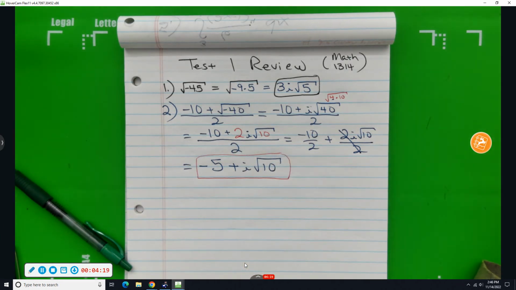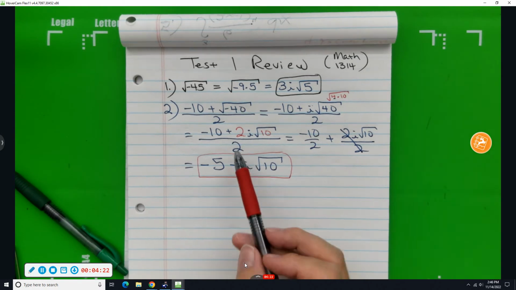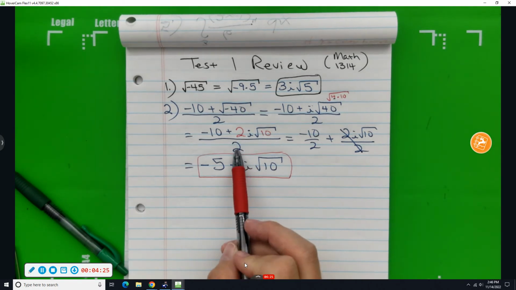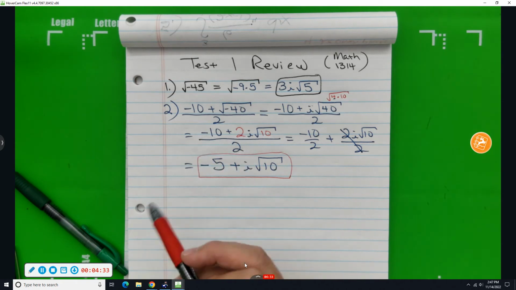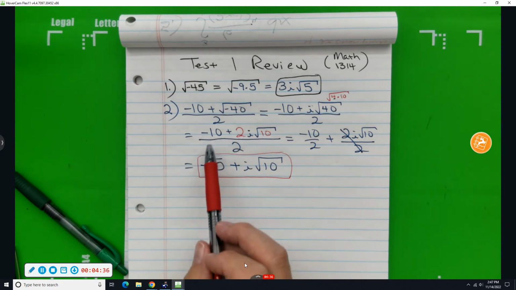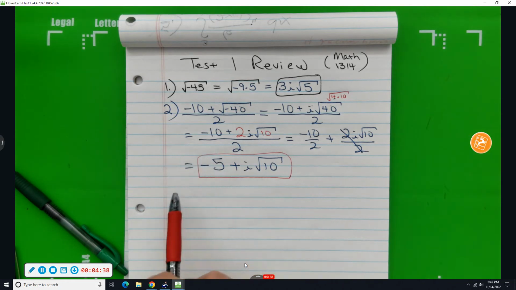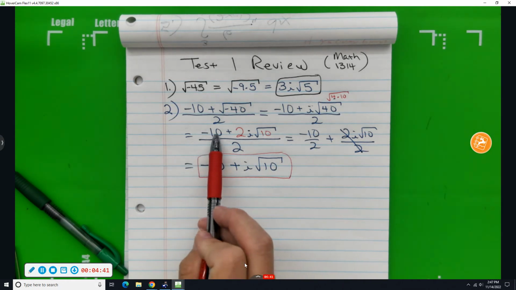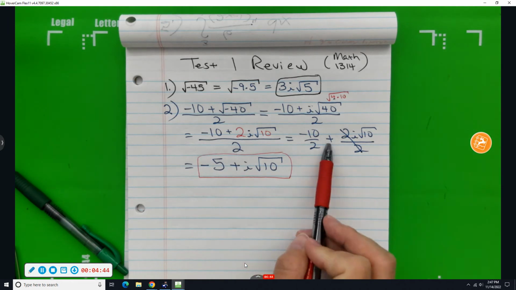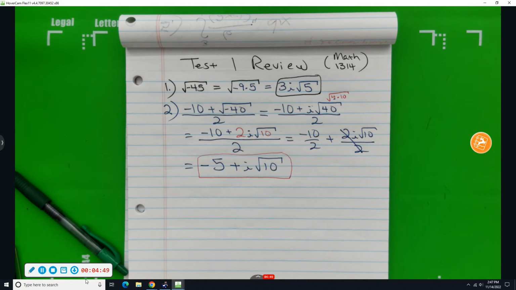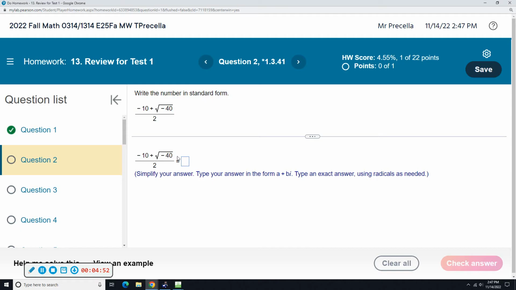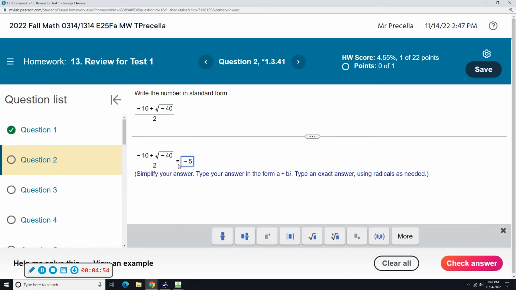A word of warning, as we said in class, you cannot just start canceling at this stage. You can't cancel over addition or subtraction. I guess we could have factored a 2 and canceled at that point, but I think the most popular way is just split up. Negative 10 over 2 plus 2i square root of 10 over 2. Giving us a final answer of negative 5 plus 2i